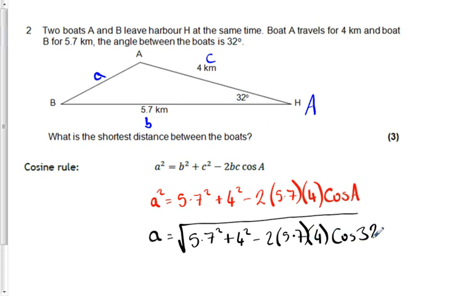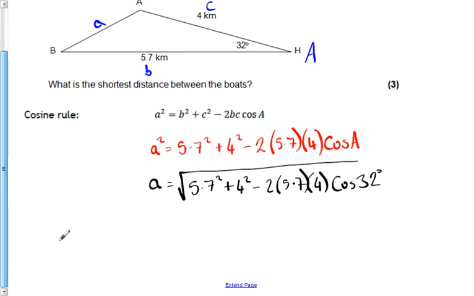All of our numbers are in place. Be careful of your brackets when you're typing this into your calculator. On mine, I've got the square root, and I'm going to open a bracket. I can press 5.7 squared plus 4 squared minus 2 times 5.7 times 4 times, and then my cos does not open a bracket for me, but Casio calculators do. So I'm going to say